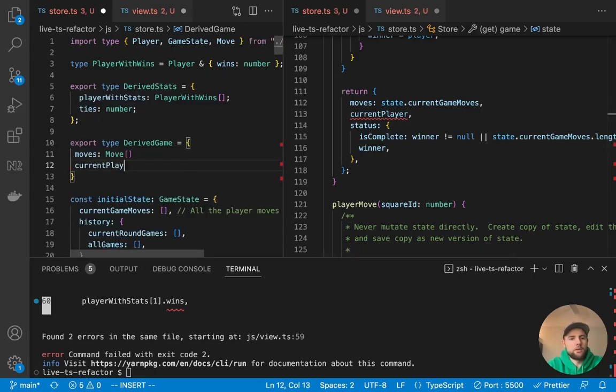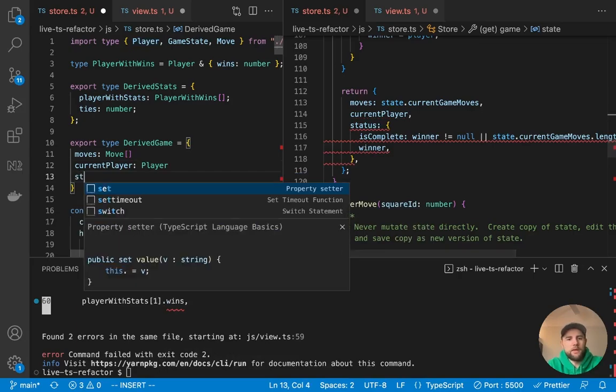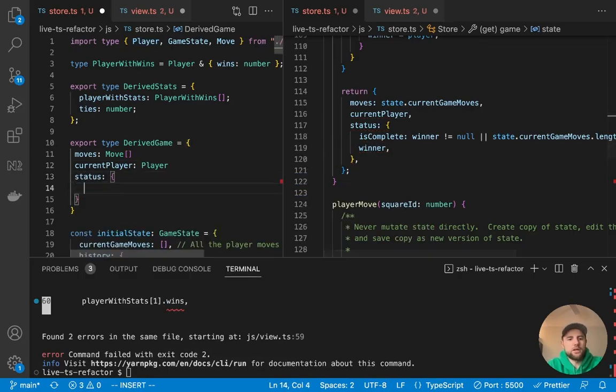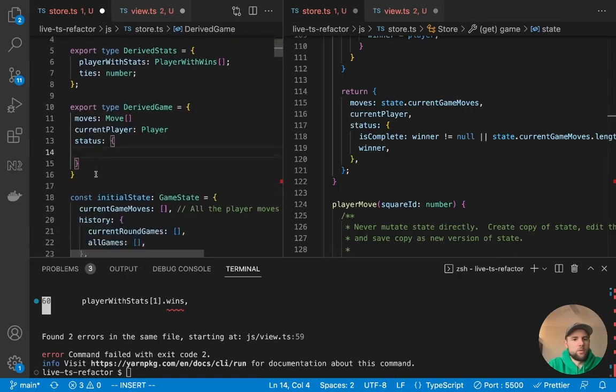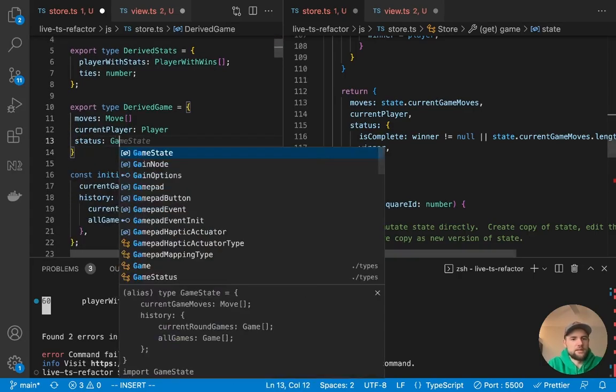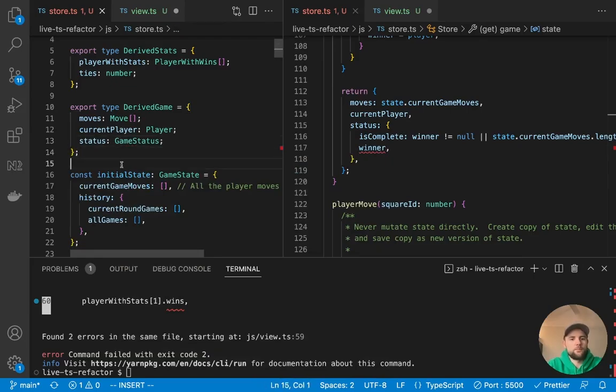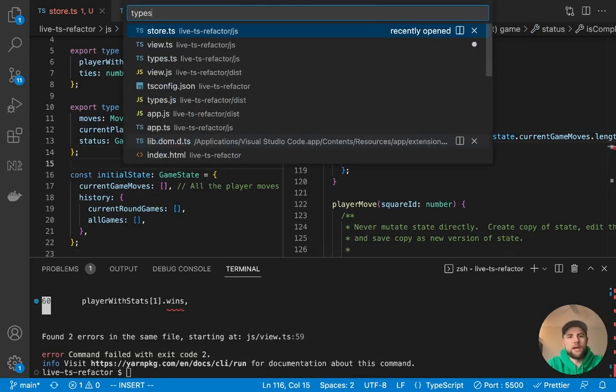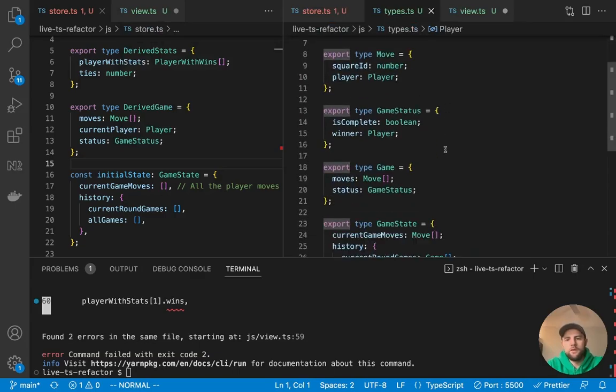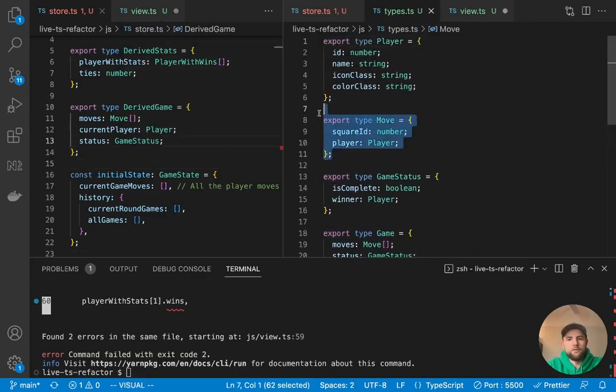It has a current player, so we can assign it a player, and then a status, which is an object that has, we've actually already defined that too. So that is the game status from our types. So remember, if we go to types.ts, we had the move type already defined, so we just use that there.